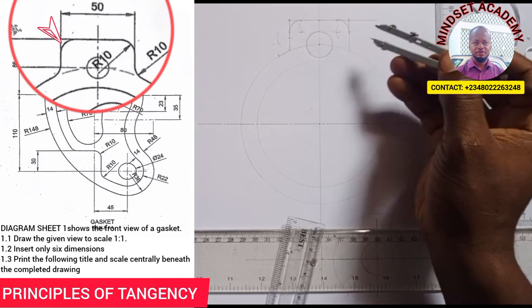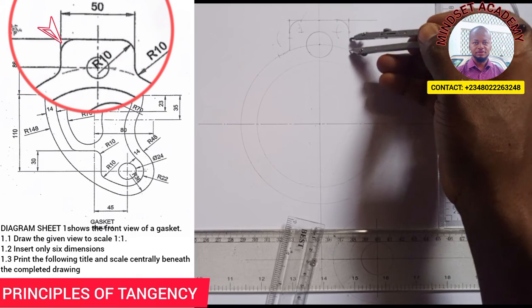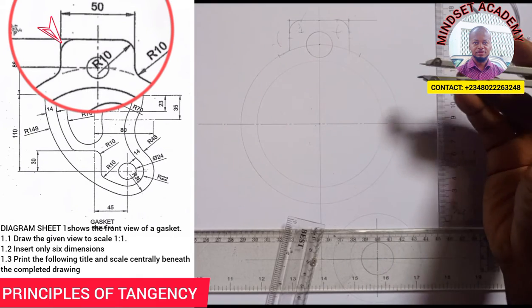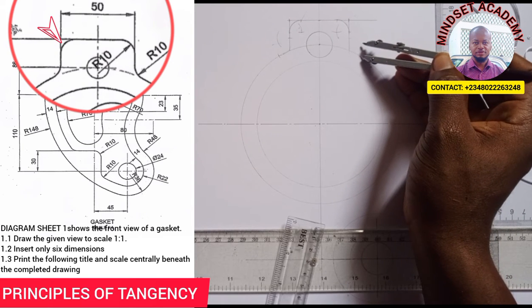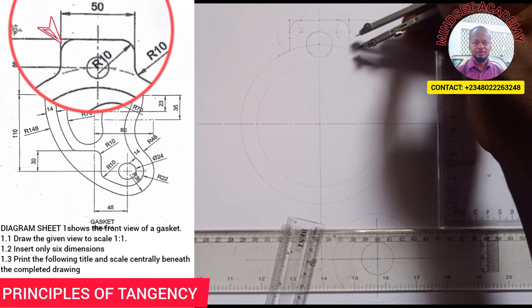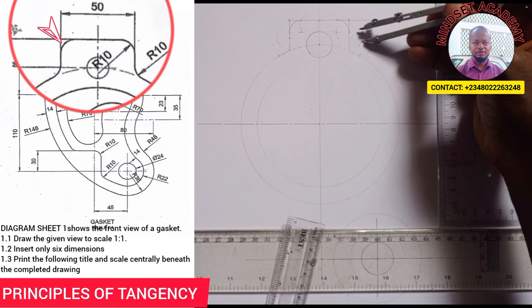Right? I'll come here also. I'll mark up with the same 20. I'll mark the circle here with the same 20. Can you see that? So I can now extend it if I want to, or I'll just come here with the same radius. I'll strike an arc. What's the radius? 10. I'll come here also. I'll strike another arc. So where they meet,